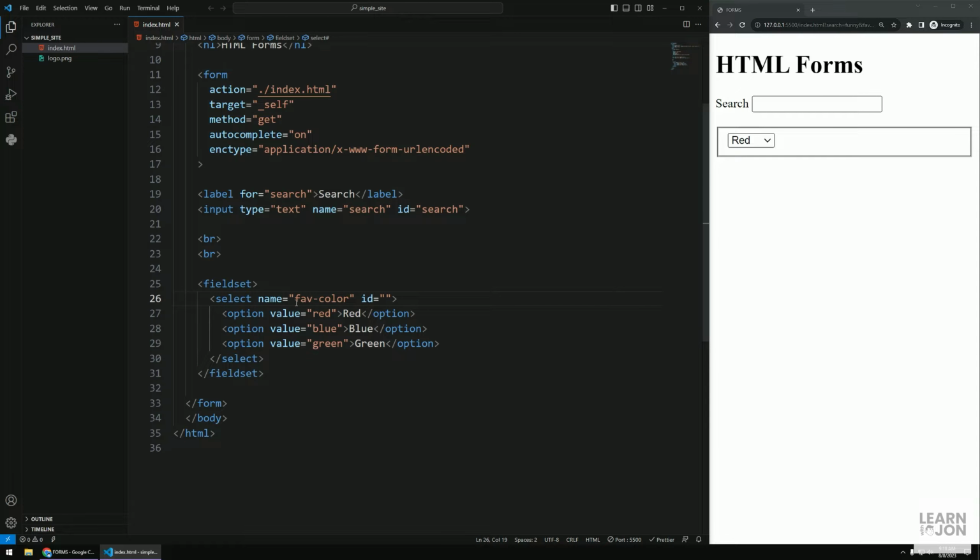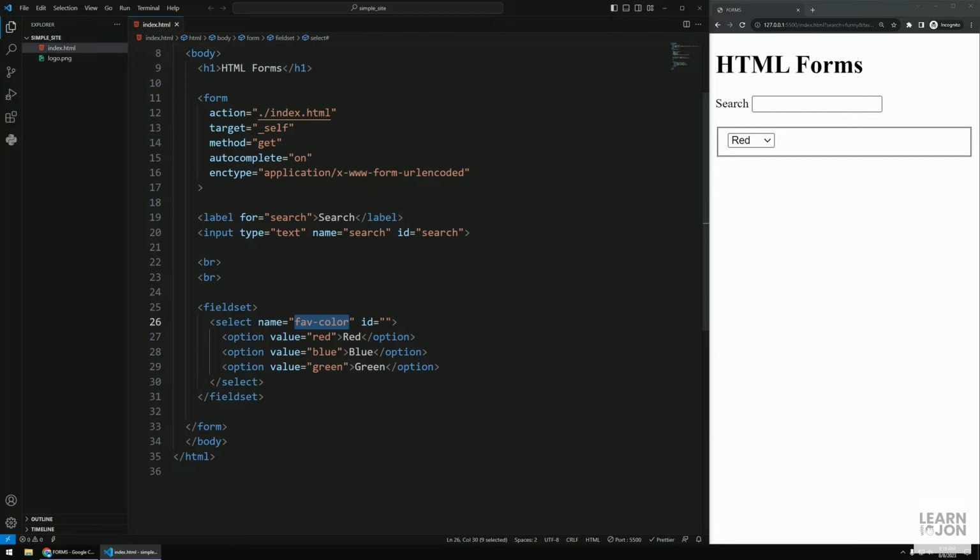And the name we provide, remember, we should use the name so that our program in the backend on the server knows how to address these. So these names are used as the key for the values provided by the user. And remember, we already provided search funny, for example. So search was the name, funny was the value where the user